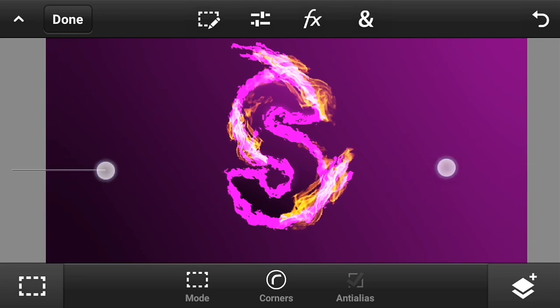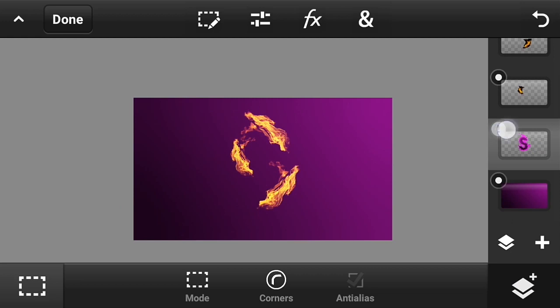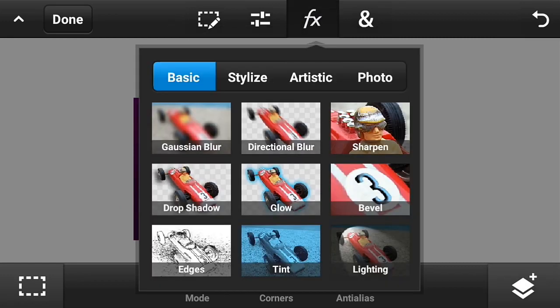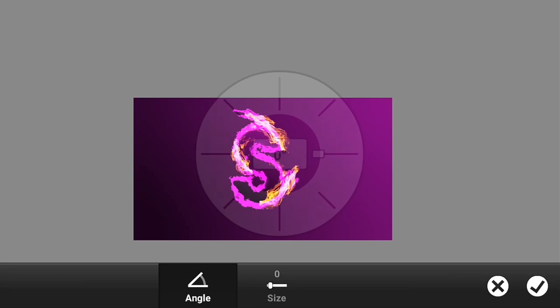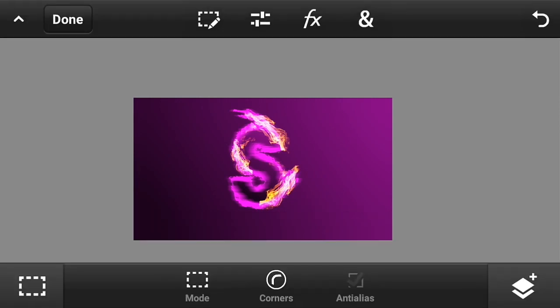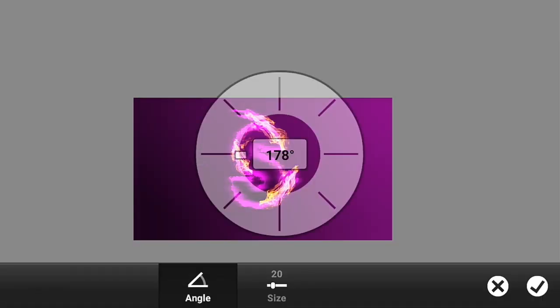Now duplicate the drawn lines that we made. Then go to the FX button, directional blur, and make the size 20, just like that. Click the check mark button, go to FX again, and make the direction 180 degrees.